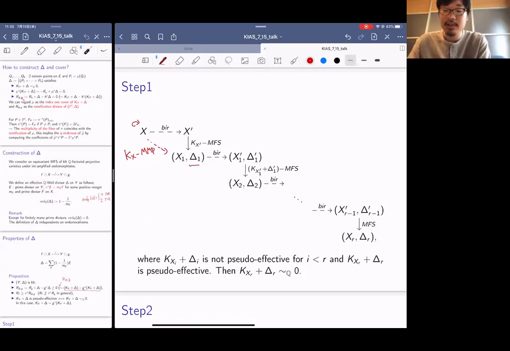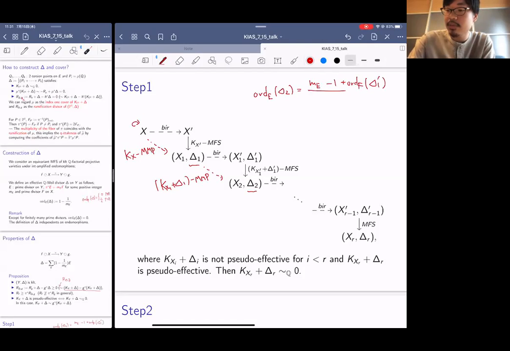Next, we define delta 1 by using the multiplicities of fibers, like this. And if KX1 plus delta 1 is not pseudo-effective, we consider the KX1 plus delta 1 MMP. Then we obtain a new variety X2. Next, we define delta 2 by the multiplicities of fibers and the coefficients of delta 1. Indeed, we define the order along A of delta 2 equal to (ME minus 1 plus order along F of delta 1 prime) over ME,